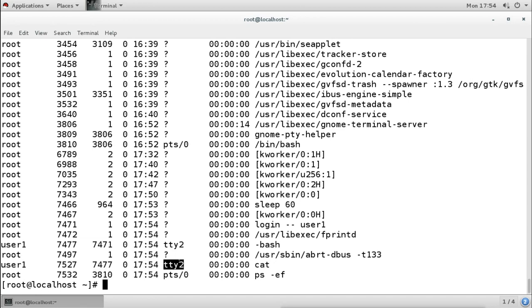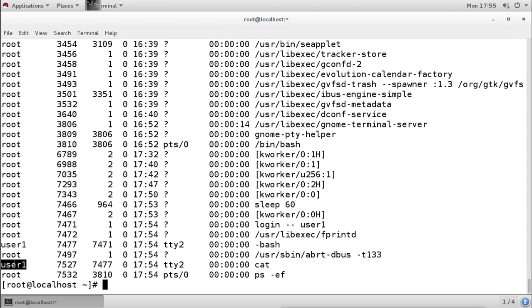Now what we see here is that user 1 is running this command. So basically what happens when someone runs a command, like this user 1 has run this cat command, the system will run the command with the privilege of that particular user. It identifies the user by using the UID. So that UID is for the system. We know the user by name, user 1, but the system knows the user by its UID.